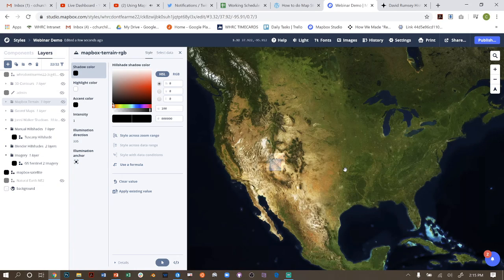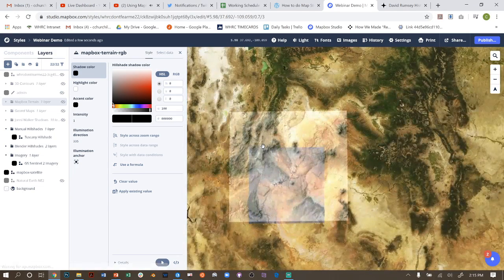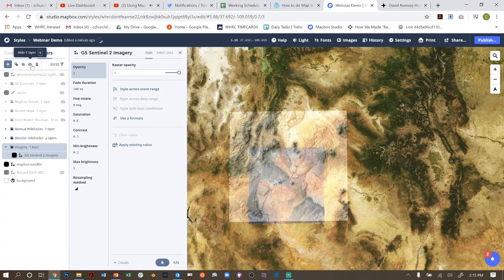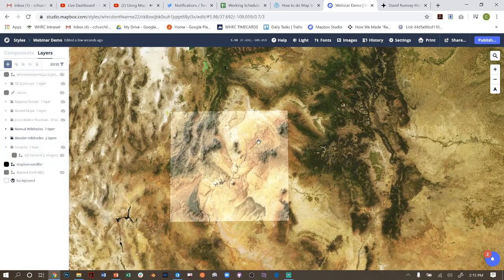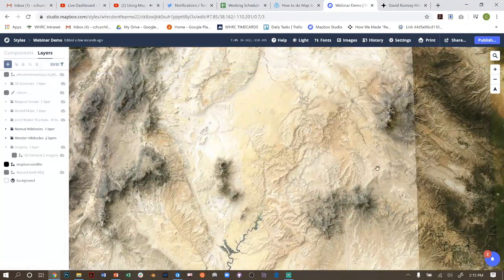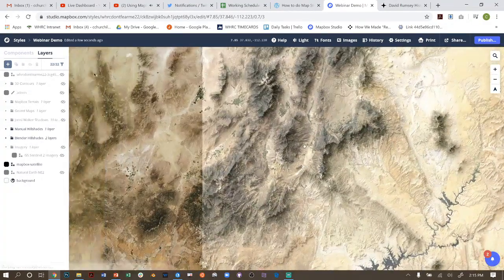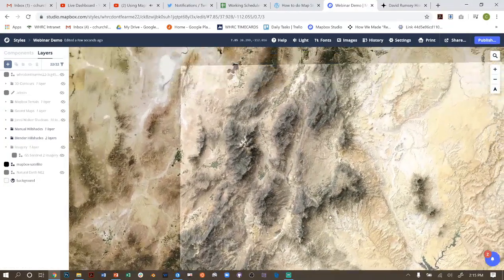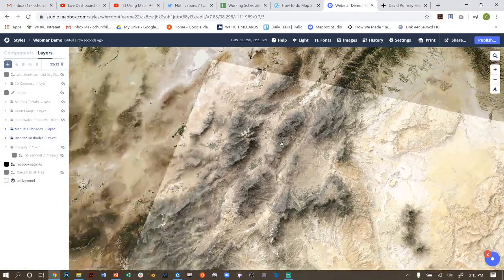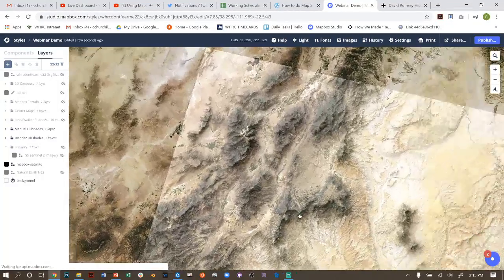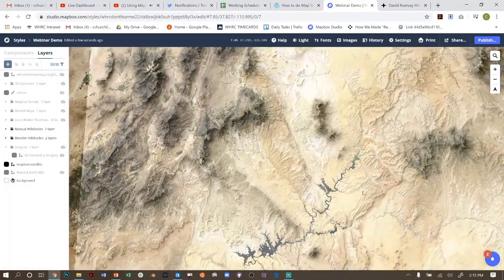So one step I extended this to was hillshades in Blender, right? Daniel Huffman obviously has talked a lot about why Blender is great for making hillshades. And my first thought once I started importing rasters into Mapbox was I want to add a Blender hillshade into Mapbox. So I built a hillshade in Blender, I georeferenced it, and then I uploaded it into Mapbox. And I blended it in, and you get just these gorgeous, gorgeous shadows that are just fantastic,